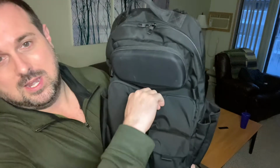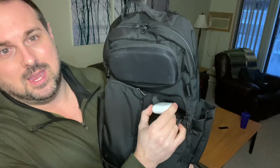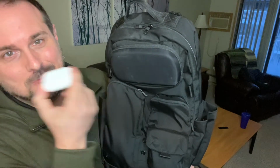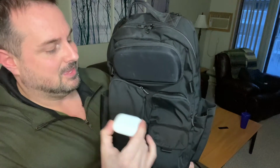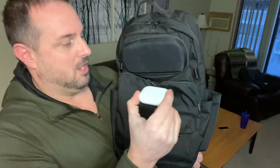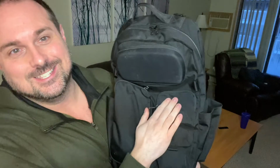And this pocket up right here is another zipper pocket. As you can see, as you're opening this one up, it kind of folds down. And this one I would keep my AirPods Pro. If I'm going on a bike ride and I'm throwing my AirPods in, for my Beats one, I keep them in here because they're a little bit bigger with the case. And for my AirPods Pro, just put the case in there, zip it all up, and it is nice and